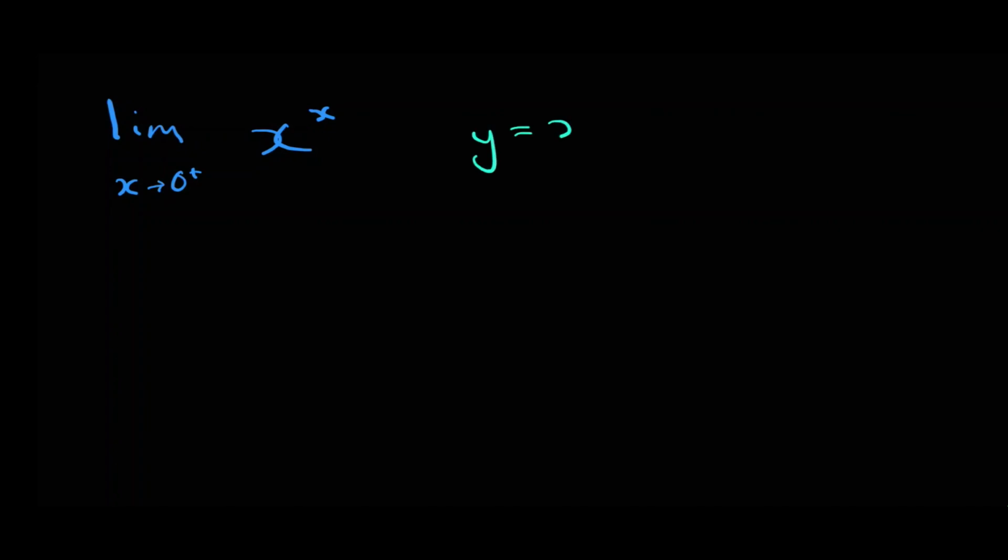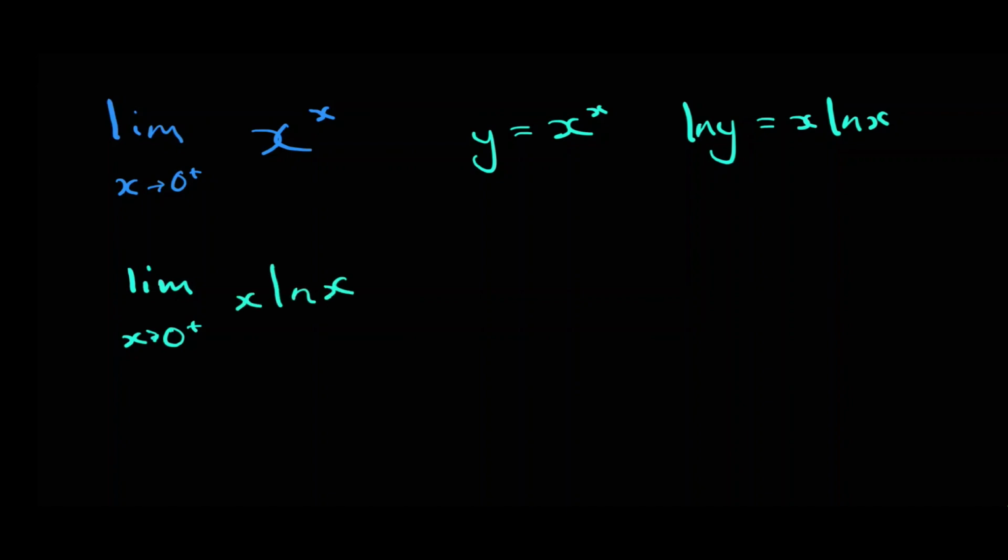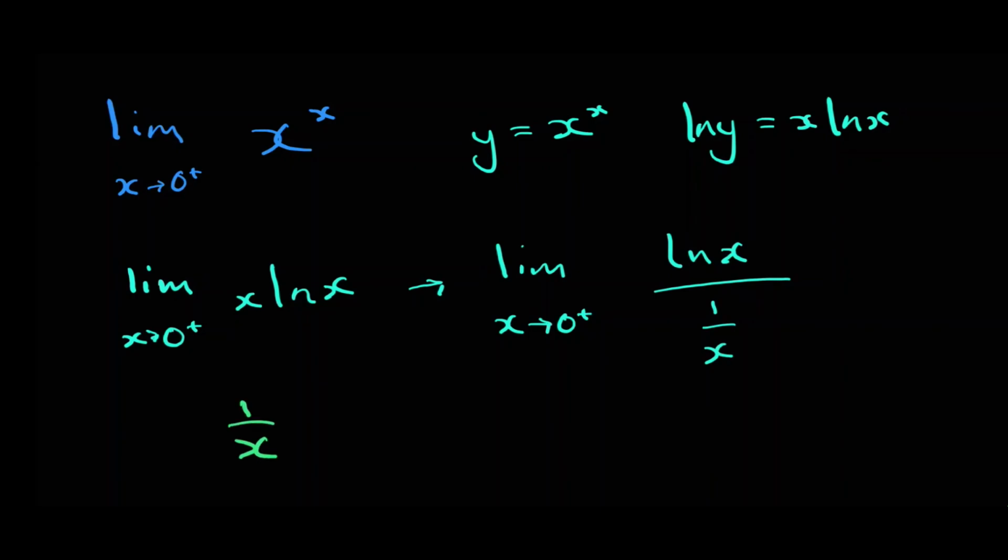Alright, so let's let y equal x to the power of x. And that means that ln y equals x ln x using the log laws. So let's evaluate the limit of ln y. Well, the limit as x approaches 0 from the positive side of x ln x, which equals ln y, can be rewritten as the limit as x approaches 0 from the positive side of ln x over 1 on x. Remember, we did this exact same thing earlier. And then if you apply L'Hopital's rule,